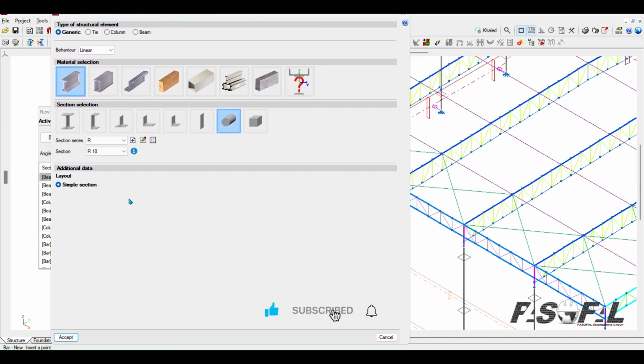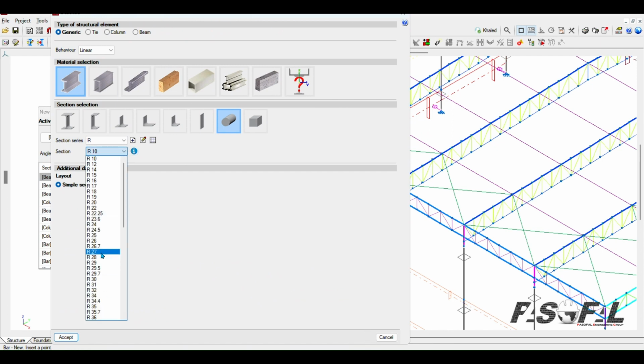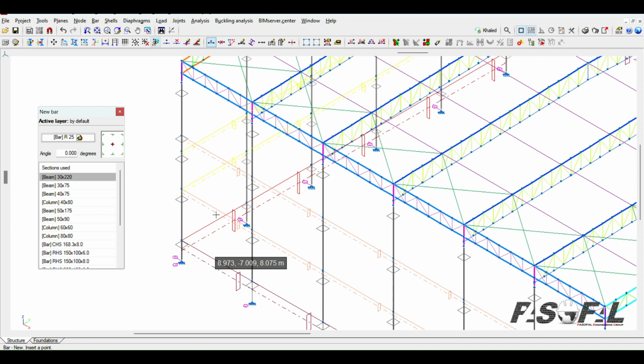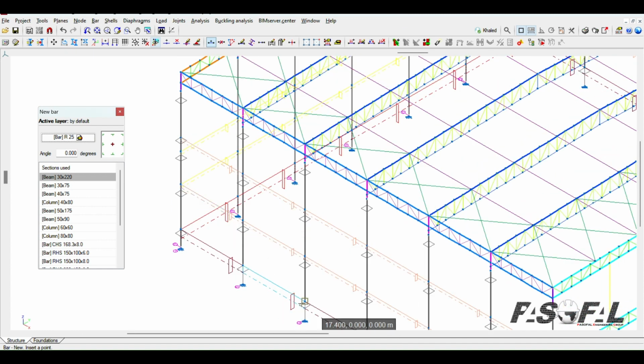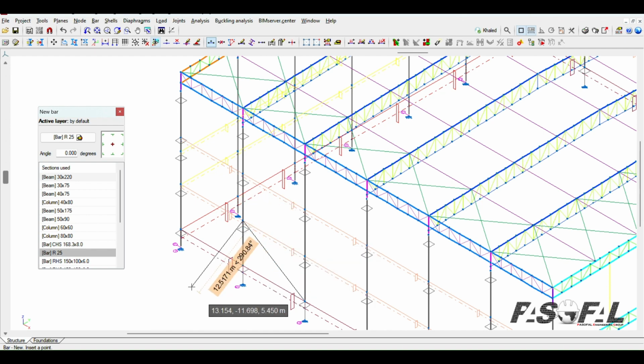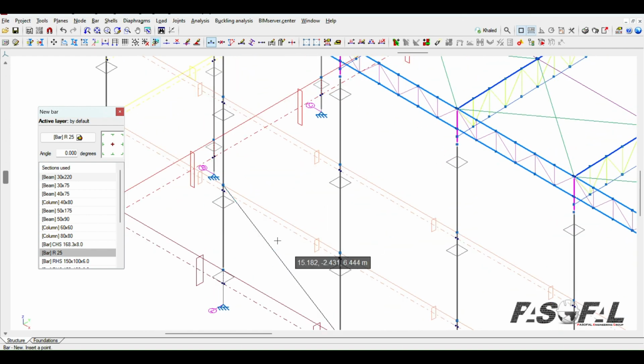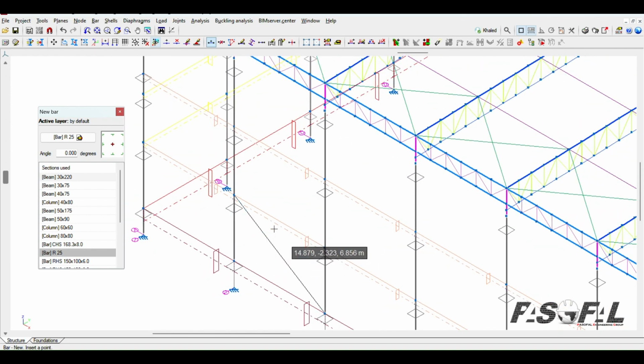Okay, and then I will select, for example, a rod with the 25 mm diameter. Okay, and then from here, I will start from here to here. So right now I have this rod, and if I want to assign the layer of the new